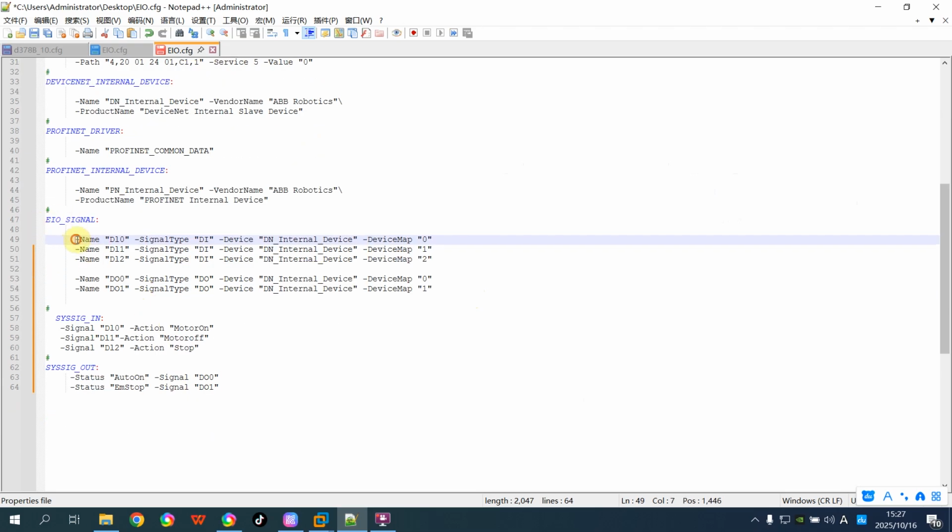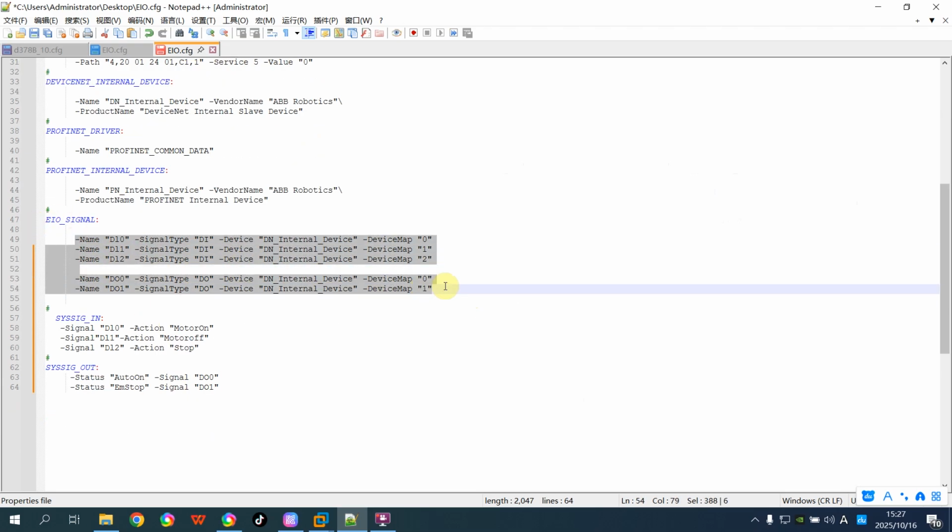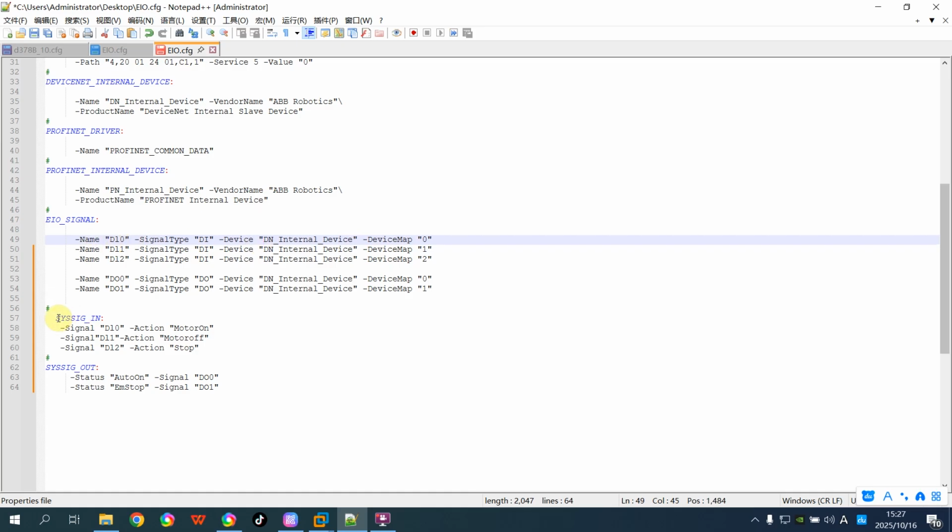You just define this signal in the teach pendant. You can define it whatever Profibus, Profinet, or DeviceNet belongs to the device, and you define it. The next step, you can add it here